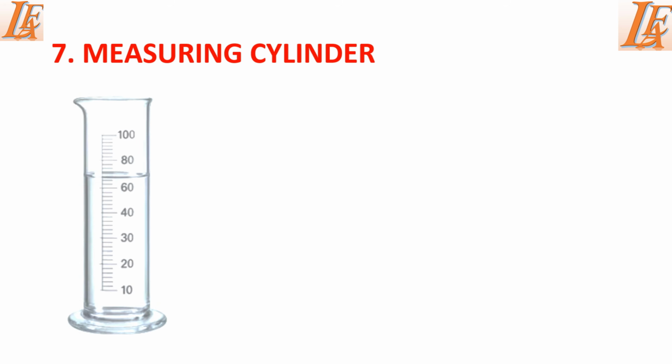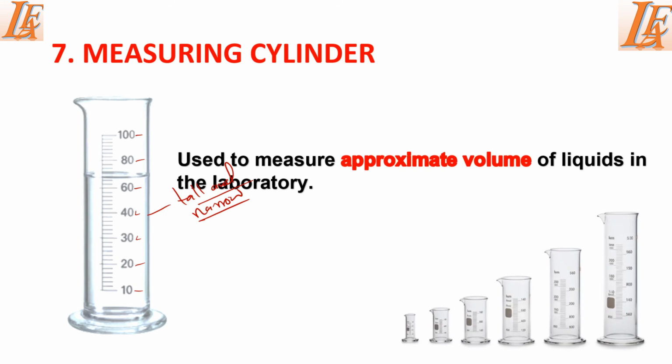The seventh apparatus that we have is a measuring cylinder, and a measuring cylinder is a tall, narrow container with graduation marks along its length. So for you to identify a measuring cylinder, it should be tall and narrow. Another important thing is that it should be graduated, or it should have these calibrations which we call a scale on its length. Now the function of this instrument is that it's used to measure approximate volume of liquids in